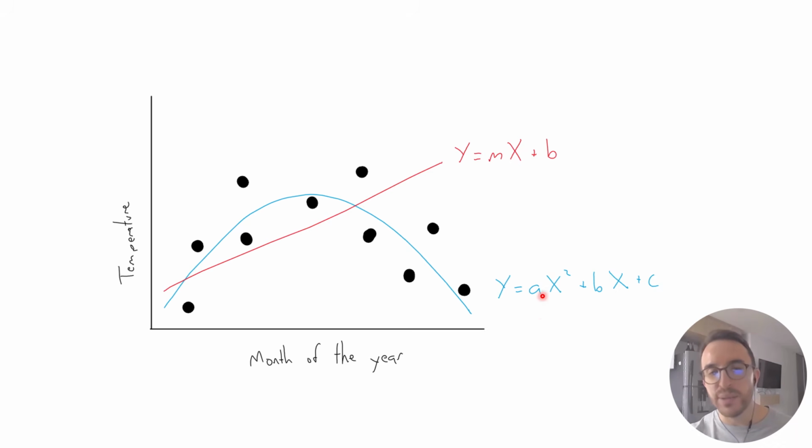Importantly, the quadratic equation now has 3 parameters, a, b, and c, 3 unknown values that we need to find if we want to find the curve of best fit, unlike the line which only had 2 parameters, m and b. So a, b, and c are parameters. In machine learning, it's also common to call parameters weights. You may have heard about open weight models. They're referring to these types of weights, these types of parameters.